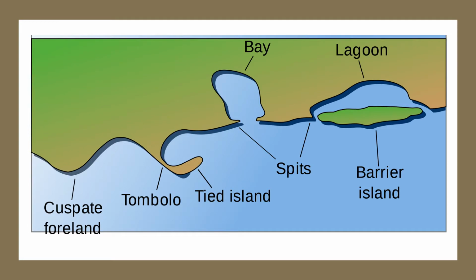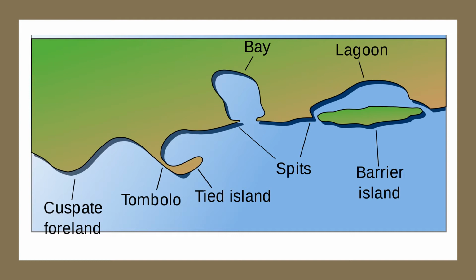And so this diagram shows you some of the formations that erosion and deposition can make. Notice the lagoon. The lagoon is actually an erosional figure, but the barrier island is a deposition because everything that was eroded from the lagoon got carried out into the water and then deposited. Same way with spits. As the erosion took away, you get these little formations,